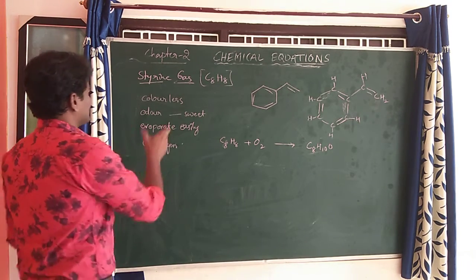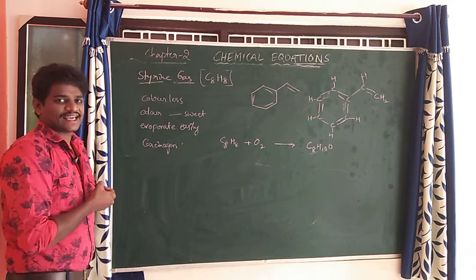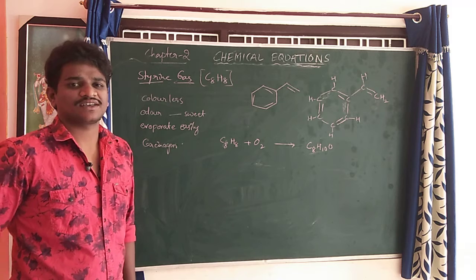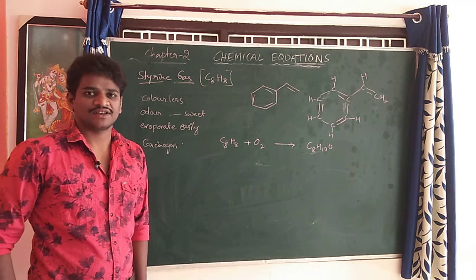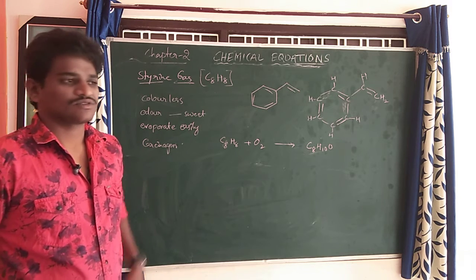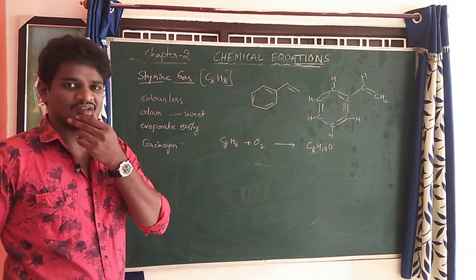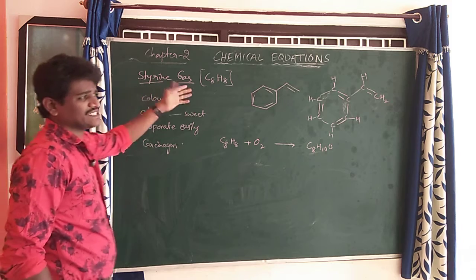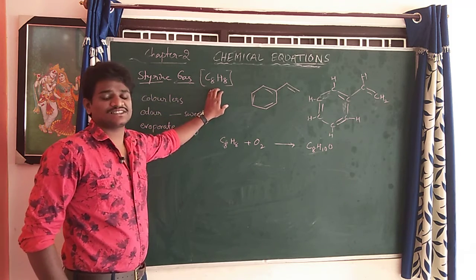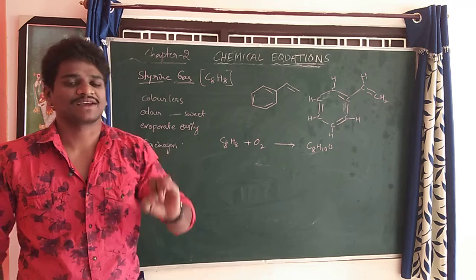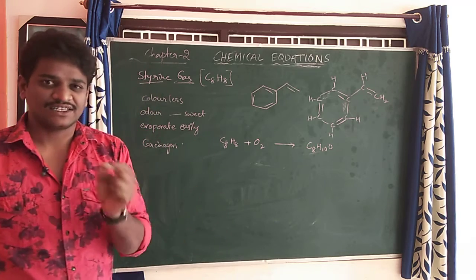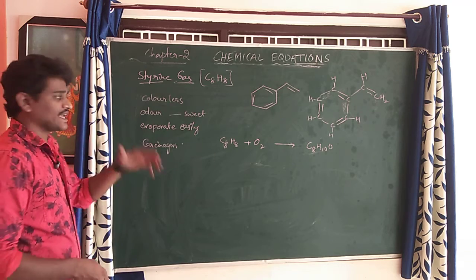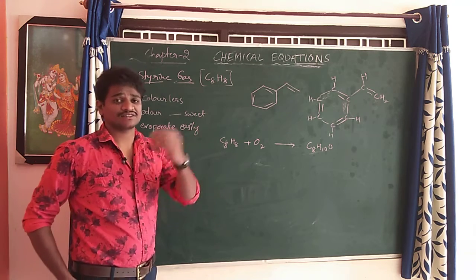Now I would like to explain about styrene gas, which leaked at the LG Polymers company in Visakhapatnam recently. I think it was May 7, 2020. So many people died at that time, and so many people were injured. What caused that much effect by styrene gas? It is a very highly reactive chemical. Actually, in the container, it is in liquid form. When it is released into the environment, it becomes a gas and destroys the surrounding environment.